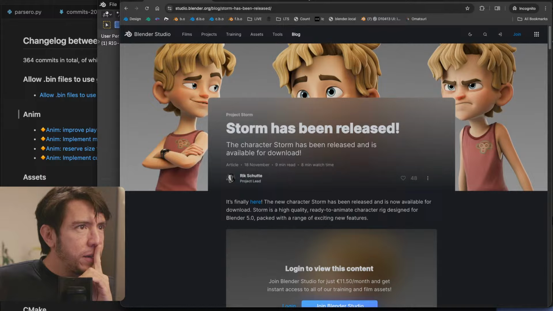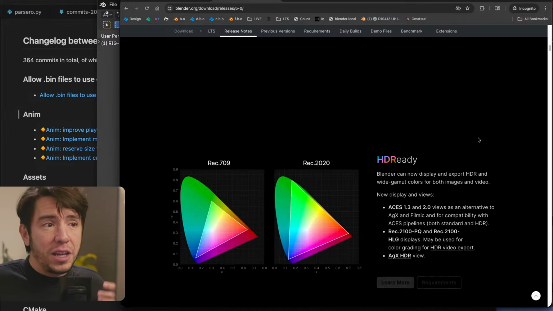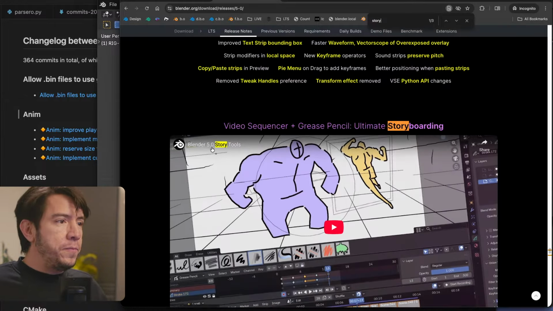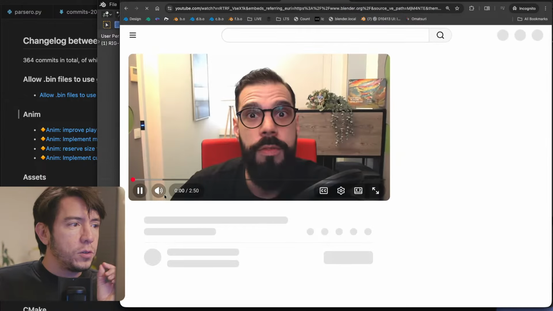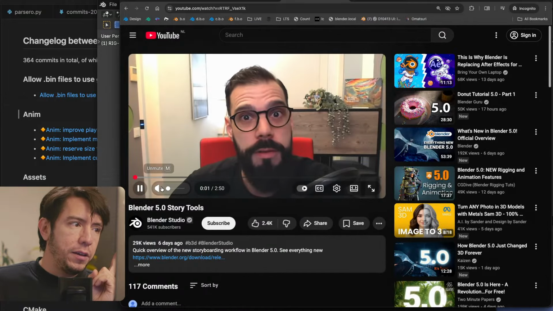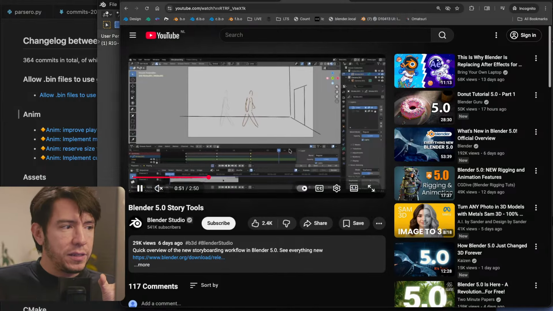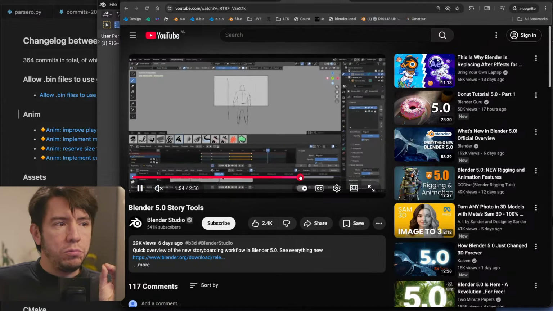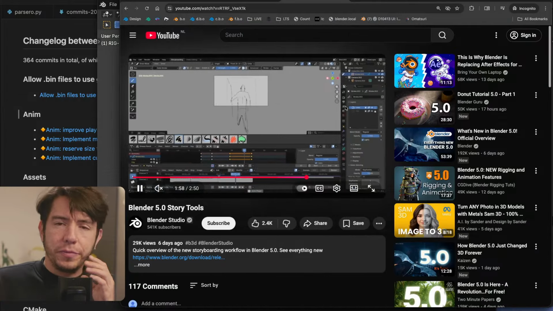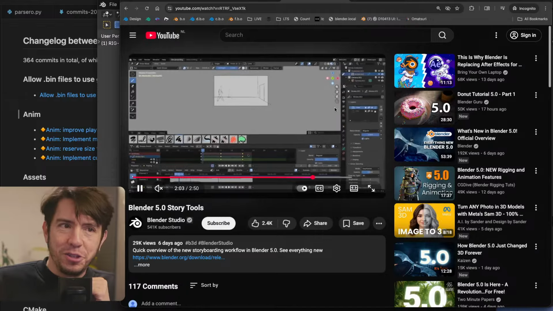In the release notes of Blender 5, there was another video, since we were talking about the studio, the storyboarding workflow. It's a 2-minute video, I don't know if you've seen it, by Pablico from Blender Studio, where he explains in very basic steps how to use the new storyboarding tools. But if you watch these tutorials, these live streams, you probably already know how to use this.